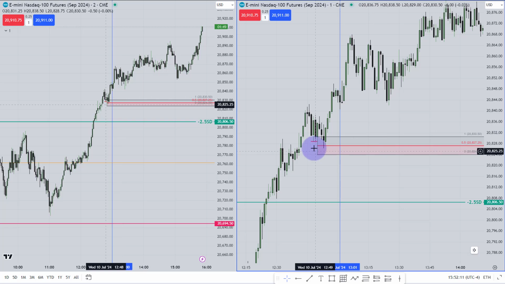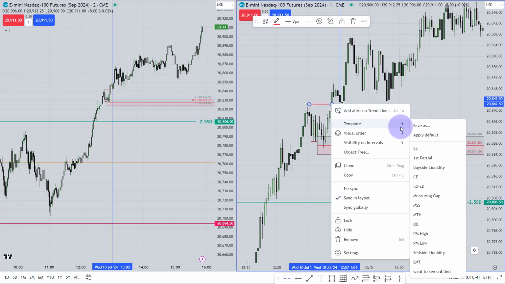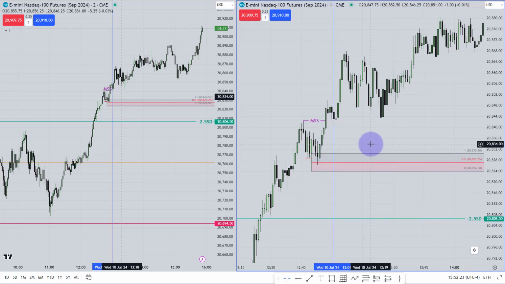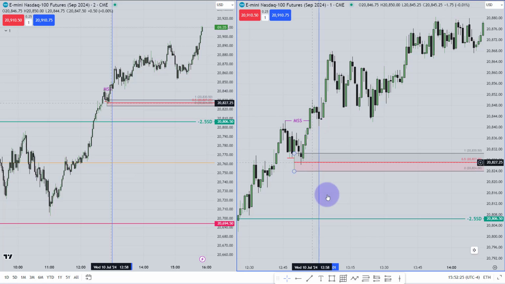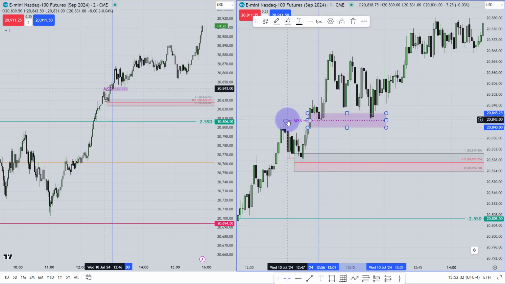Okay, over there it tapped to this 50% of that week, then a very nice displacement. When you got that displacement, this is your market structure shift. Over there you had this market structure shift, entry fair value gap. Where is your entry fair value gap? This is your entry fair value gap. Look closely if there is any other fair value gap, or if I showed you anything that is not logical. This is that entry fair value gap.